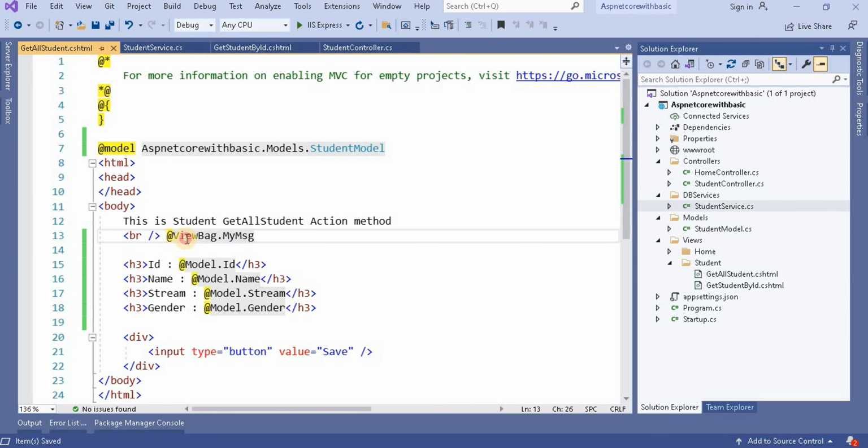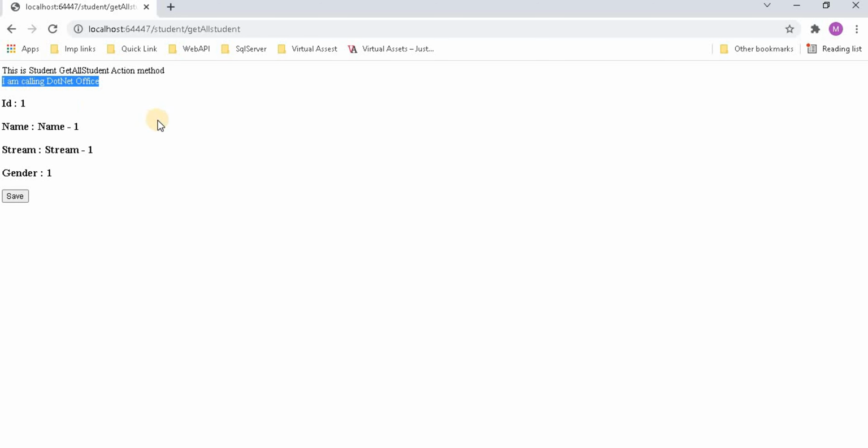Now we are passing this model because in the previous video we implemented that particular line. So now let's navigate here, and we can see we are getting the message, I am calling .NET Office, from this ViewBag. Now similar to this we can pass the ViewData. The way of passing ViewData is like a dictionary.